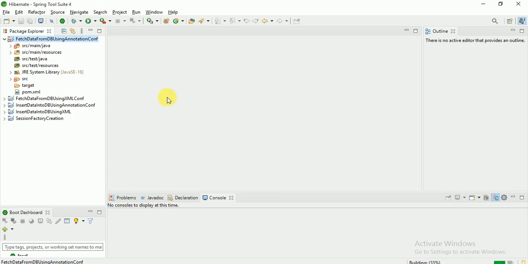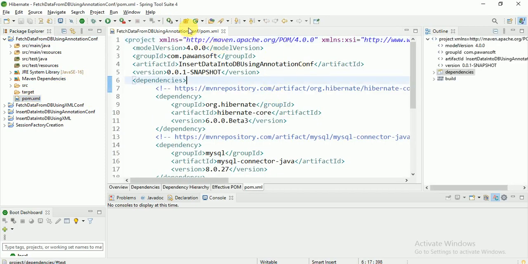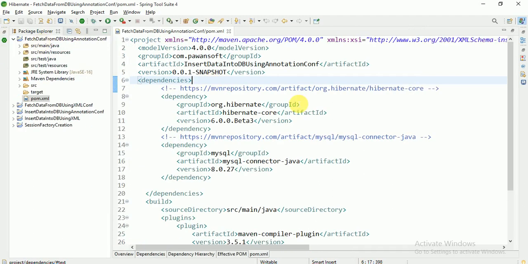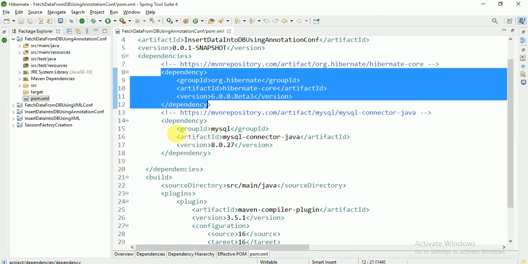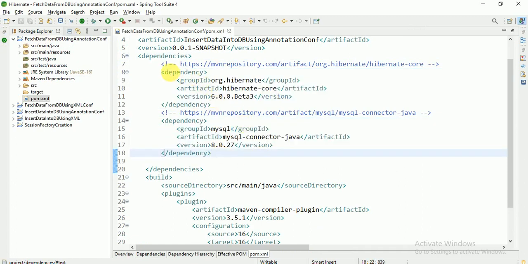Let's update the project. You can see the error is gone and the Java version is 16. Let's see the first pom.xml. Here I have written the Hibernate dependency and the MySQL database dependency, and these two dependencies you have to add.